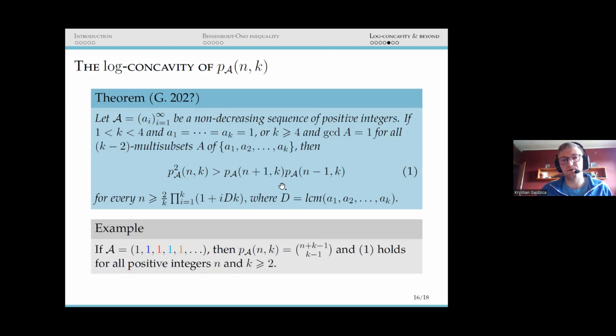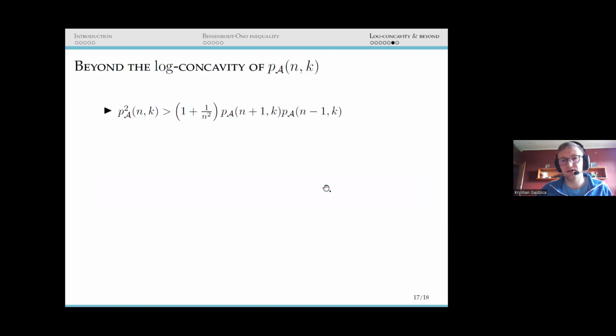Namely, we can also consider a slightly more general version of this inequality. For example, the expression of the following form. And it turns out that under the same assumption on the multiset A1 up to AK, that is, every k minus 2 multisubset must be co-prime, it is enough to obtain the following inequality. And the most important thing here is that the exponent appearing in the denominator here cannot be replaced